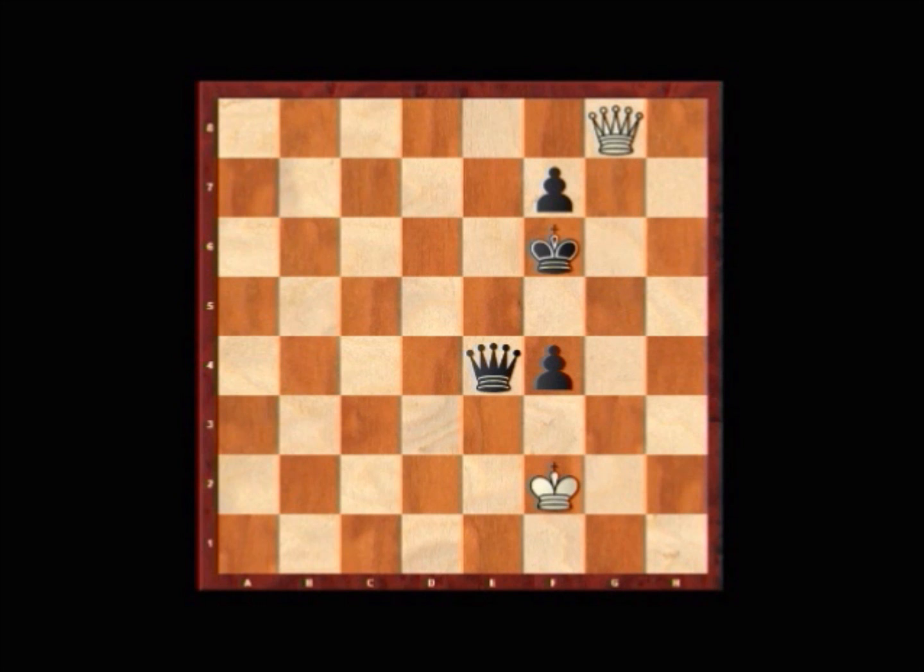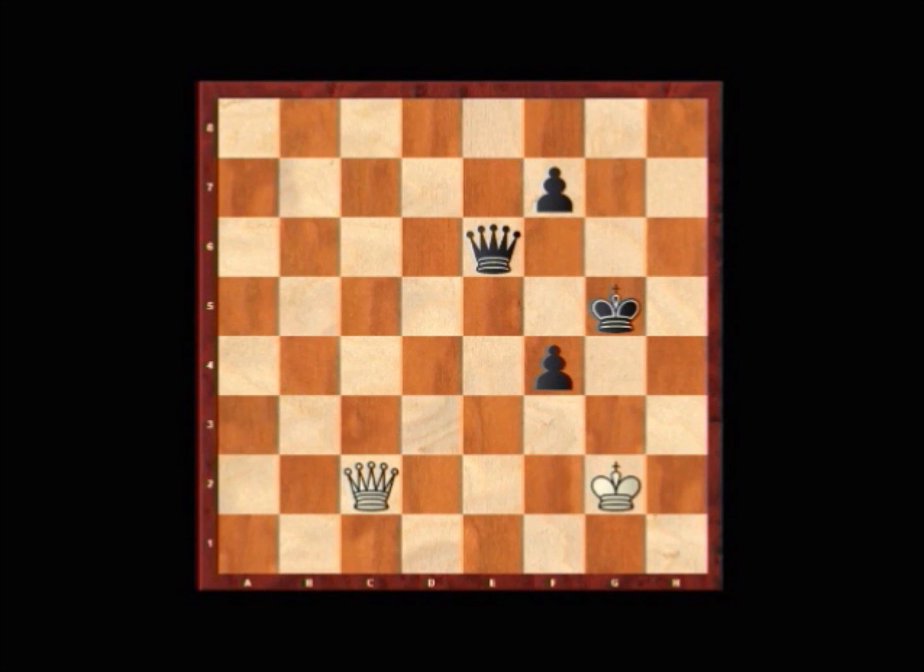queen g8 check, king f6, queen d8. Now bearing in mind, in your queen and pawn endgame, white's pawn is gone and black has the 2 pawns here. King f5, queen c8 check, queen e6, queen c2 check, king g5, king g2, and f3. And in this position, with